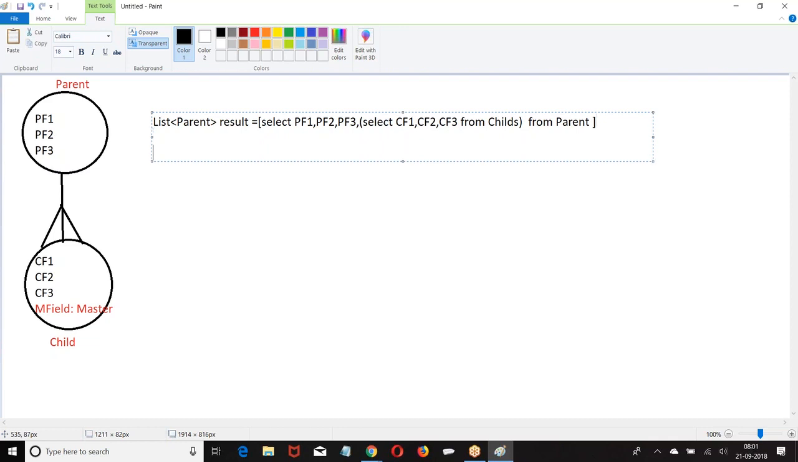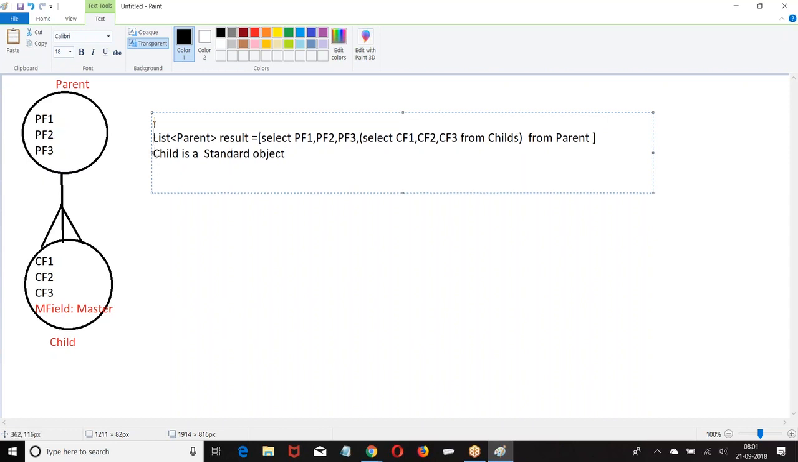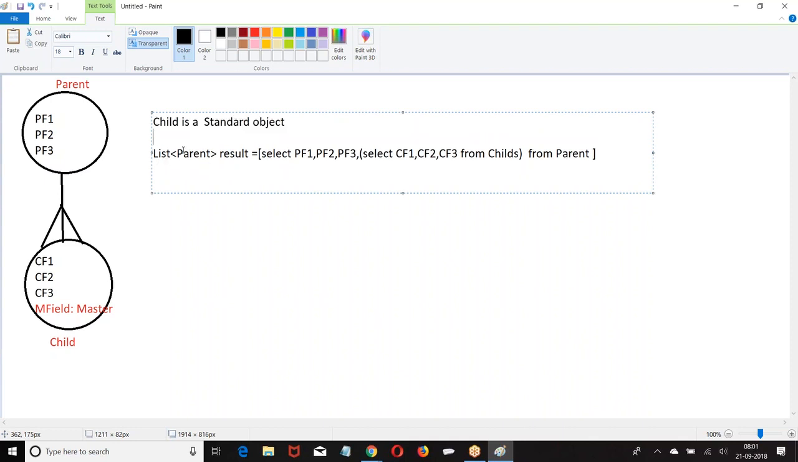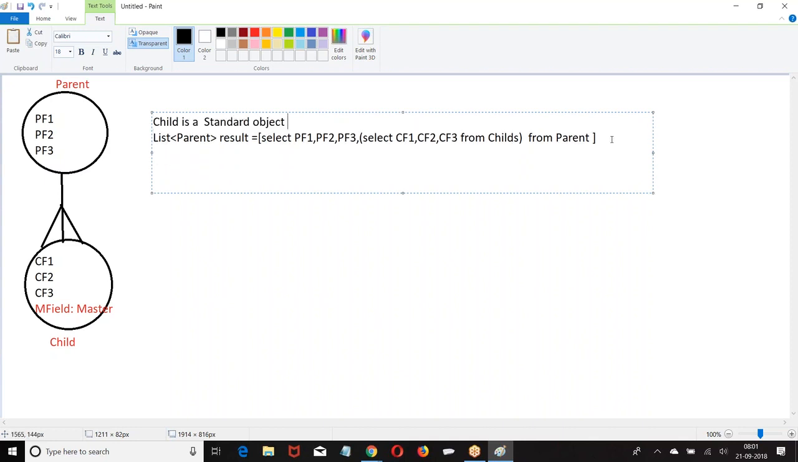Let us assume child is a standard object. Then how do you write it? Select... Suppose the child is a custom object,